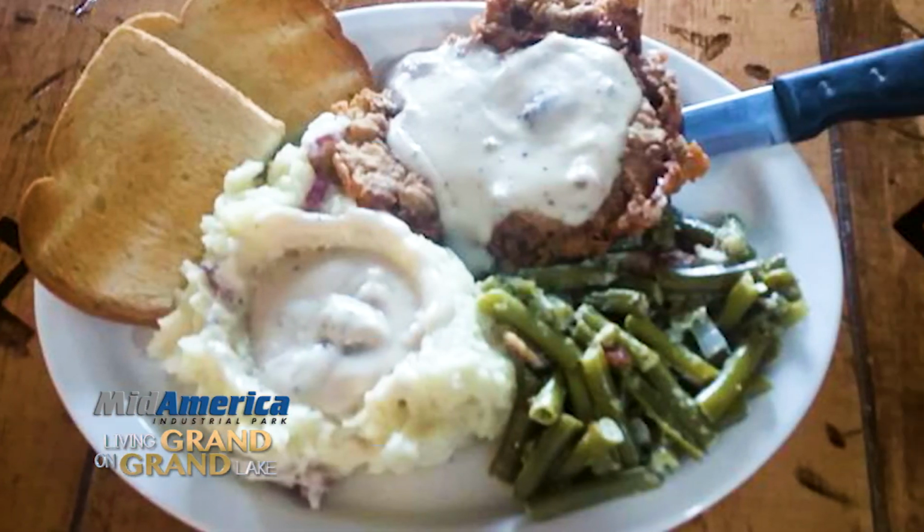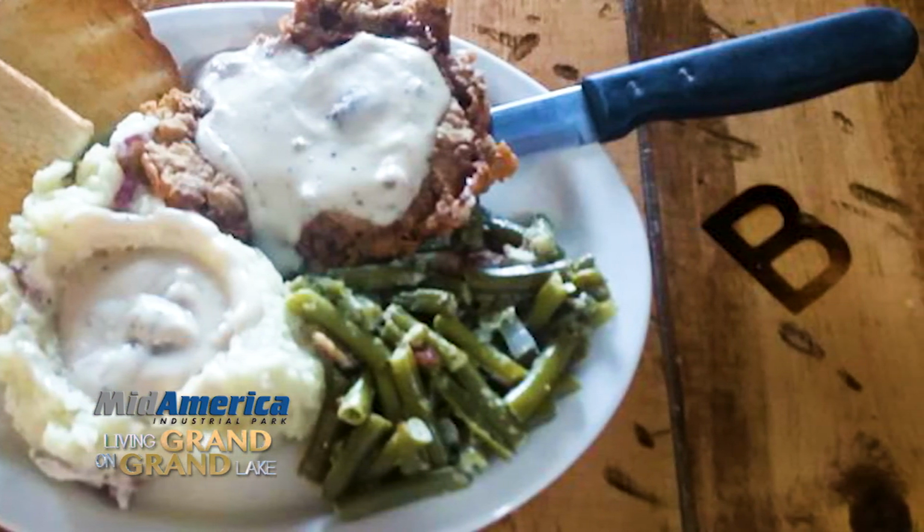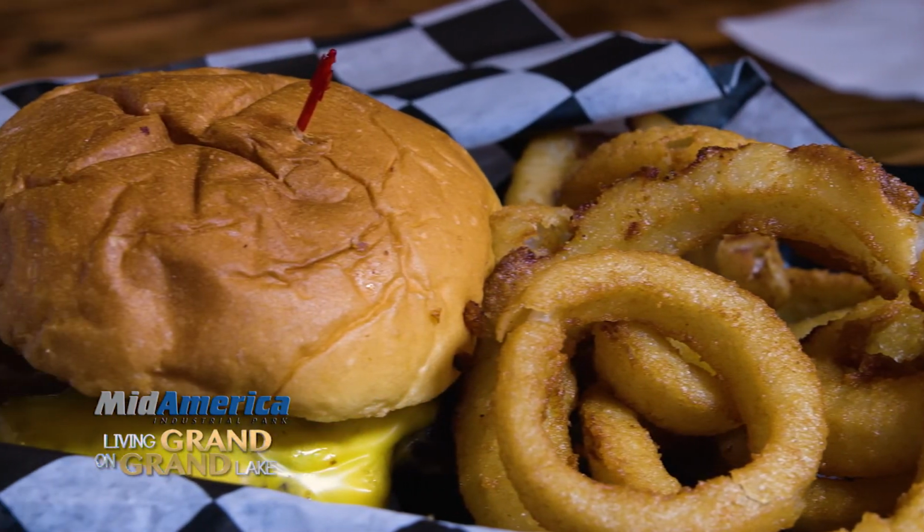Then we do a wet-dry batter, and we hand make our own mashed potatoes and green beans. And so it's all fresh homemade food, and so I think that's probably the most popular. We have a cowboy burger that we sell a lot of. It comes with bacon and an onion ring on it,